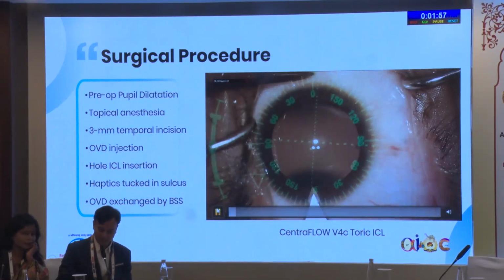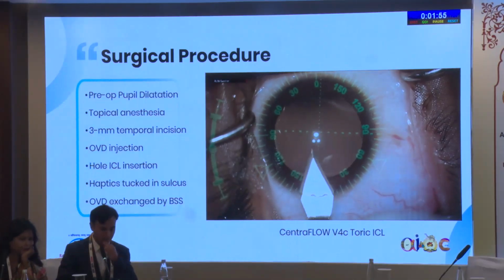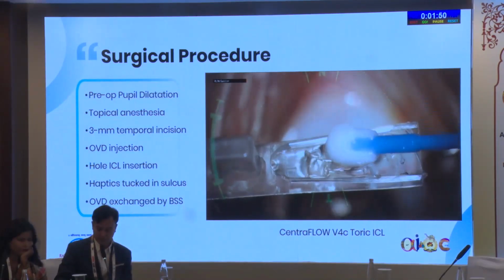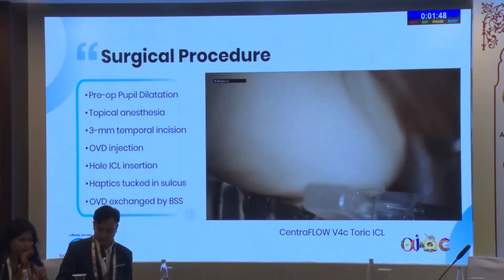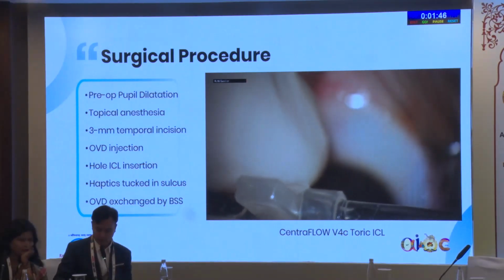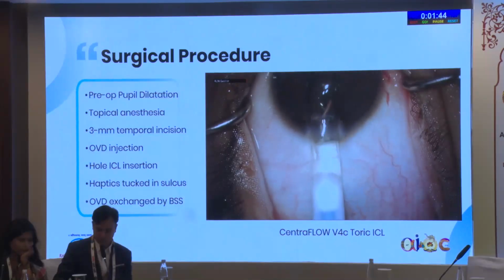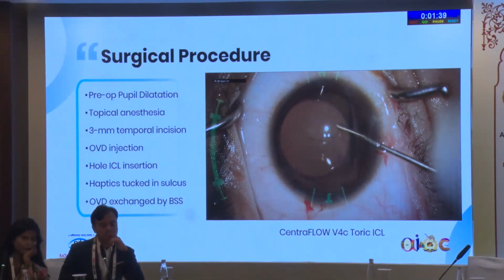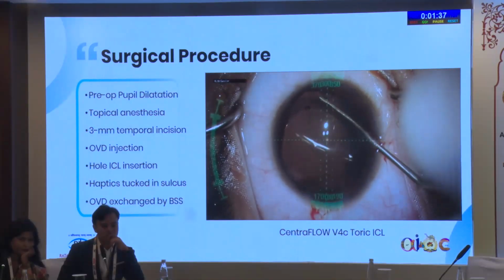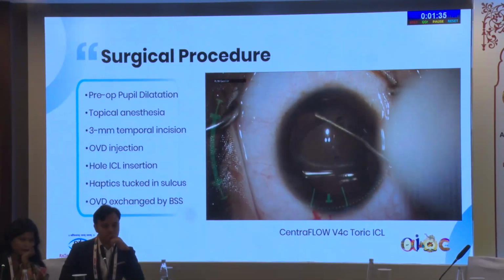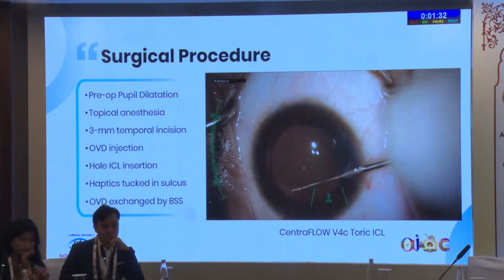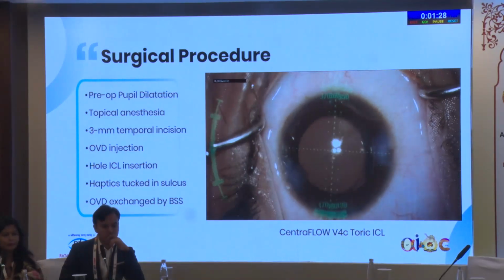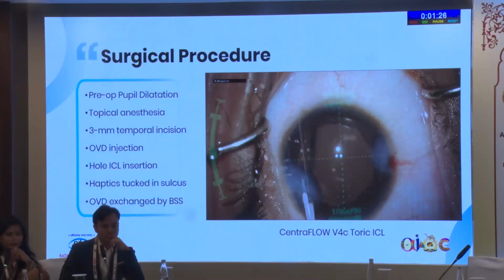Preoperative full dilatation of the pupil, topical anesthesia, 3 millimeter incision, the lens is loaded, it's a preloaded front loading system, and OVD is injected into the anterior chamber. The lens is pushed over the surface of the iris, and with the help of a spatula, the haptics are tucked behind, and the axis is aligned to the desired axis of the ICL, and OVD is exchanged with BSS